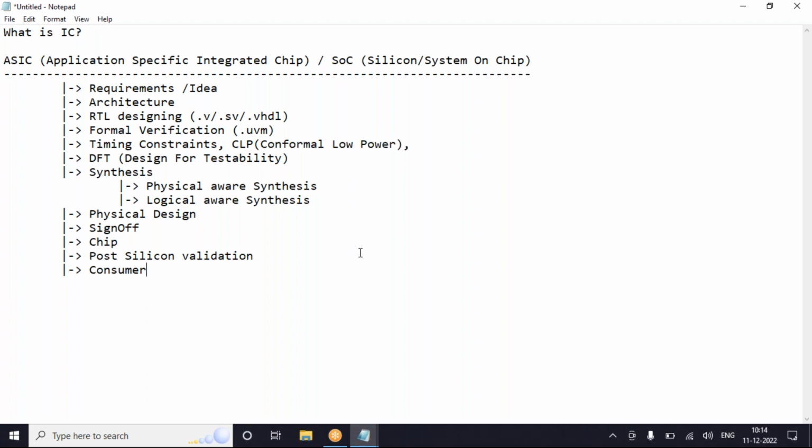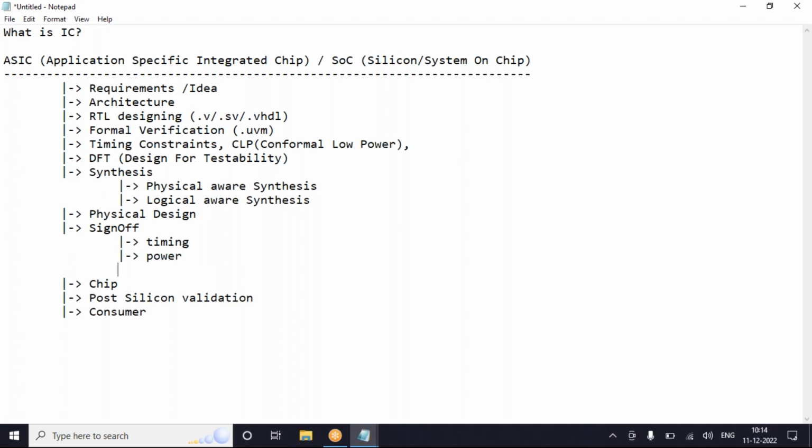Okay, so after that particular sign off, which we have defined with the main terms, right? The timing, power, and here the routing related verifications will be done. Physical verification.